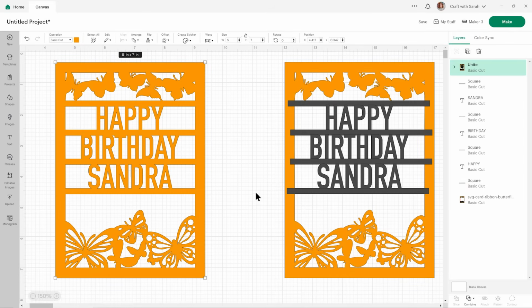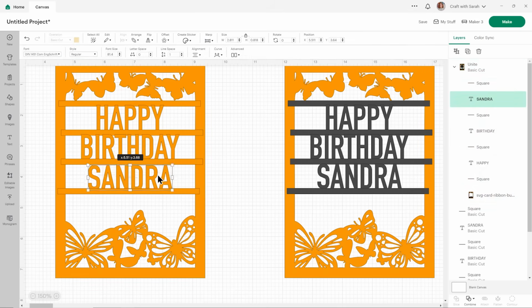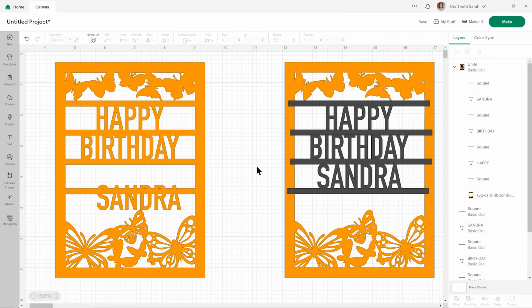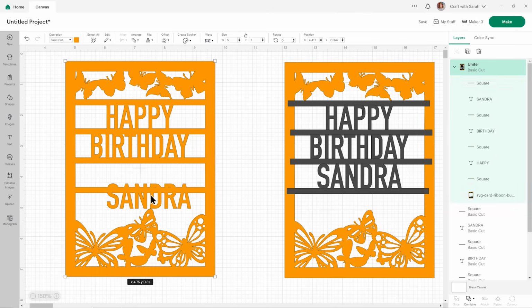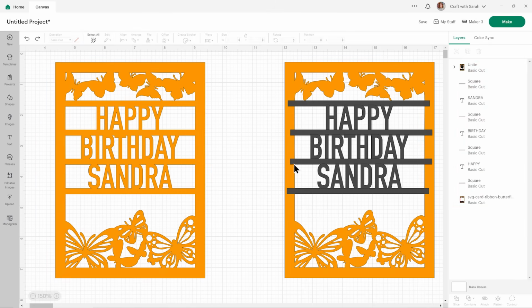So I can click Unite and then have a look and make sure all of your letters are touching one of those rectangles. This one is, which is great. If there was anything that you wanted to change, you can click the little arrow next to where it says Unite and then move things about. Obviously, I wouldn't want to put it there, but I'm just doing it as an example. Then when you click away, it redoes the Unite in that new position. Let's just put that back up there.